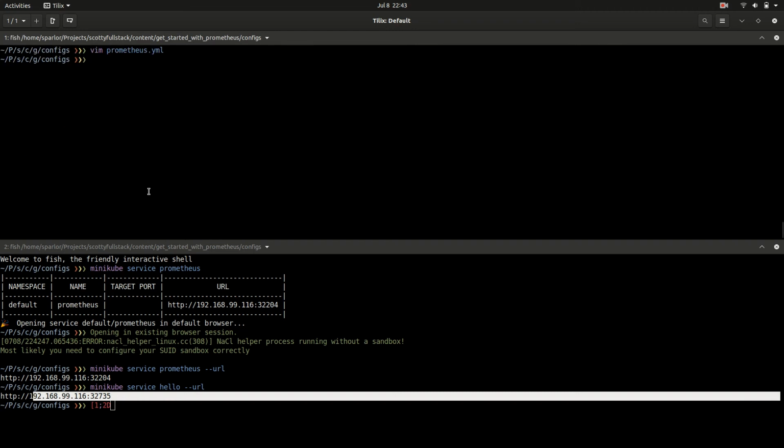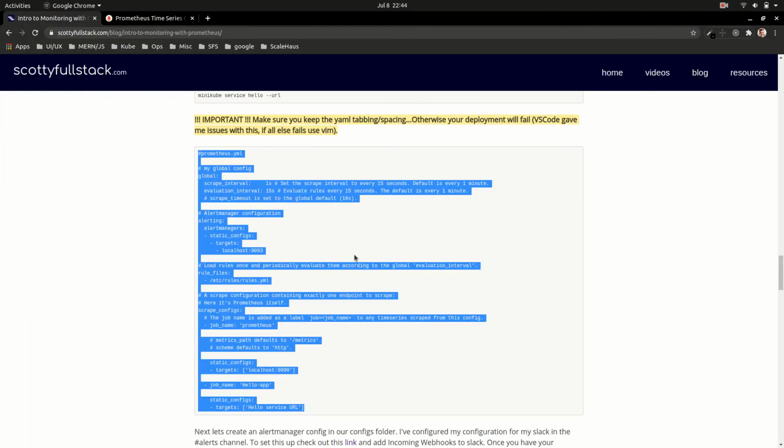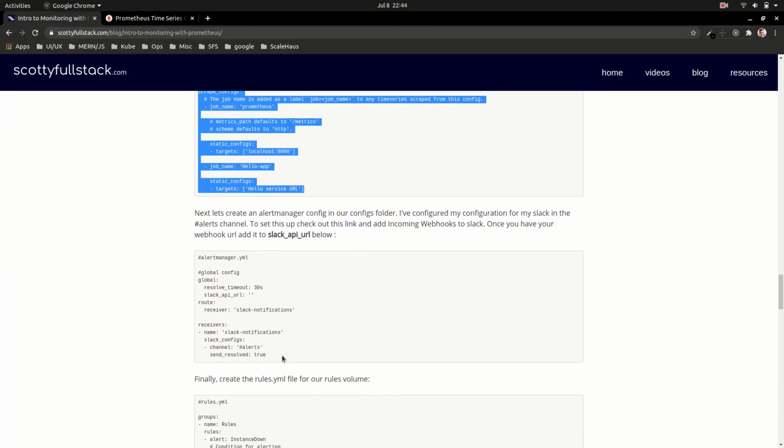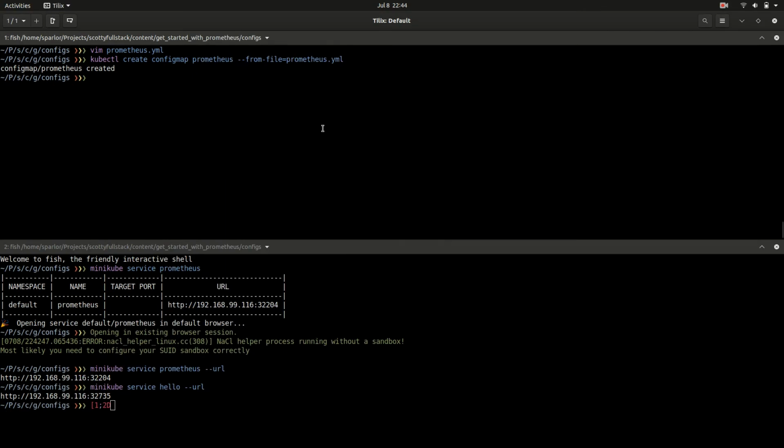And then what we can do with that is we can go ahead and supply it. So create config map Prometheus dash from file equals Prometheus.yaml. Okay, so there our config map is created for Prometheus. Now what we're going to want to do is also do one for Alert Manager, which is also from Prometheus's website. So let's go ahead and vim